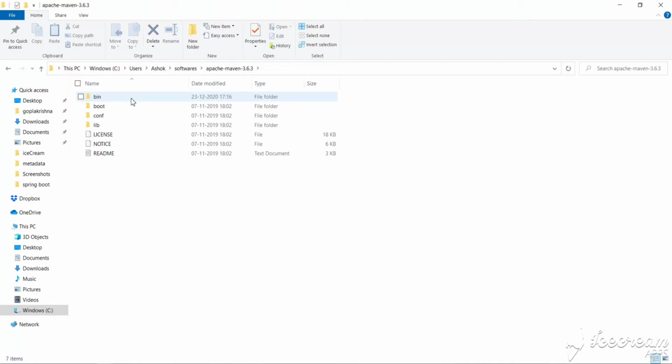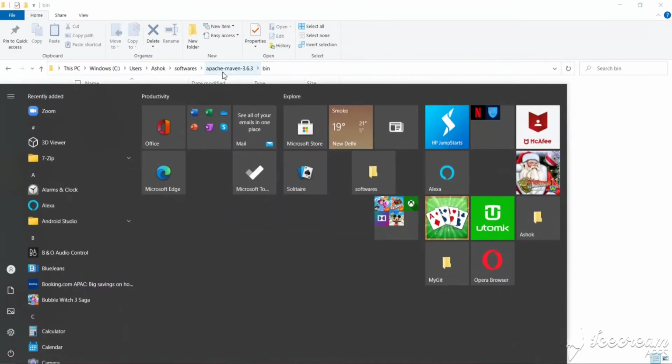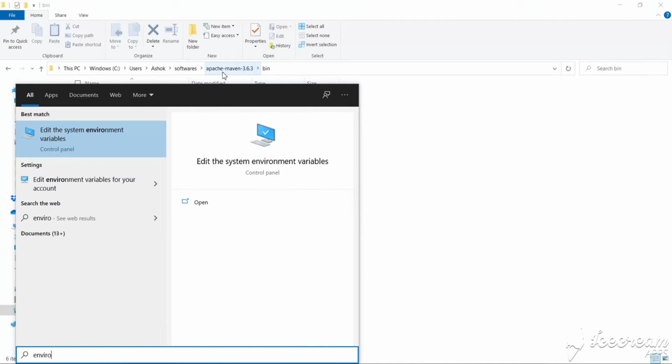Let's go inside this and take the bin path. Let's copy this whole path. We have to paste this path in the Path environment variable. So let's go to environment variables, edit the system environment variables.